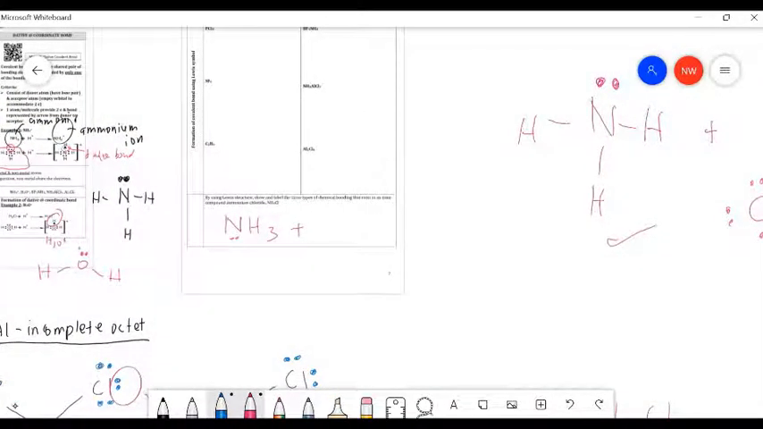So ammonia usually reacts with HCl. It will form NH4Cl. So usually it happens like that. So let's see here, if ammonia